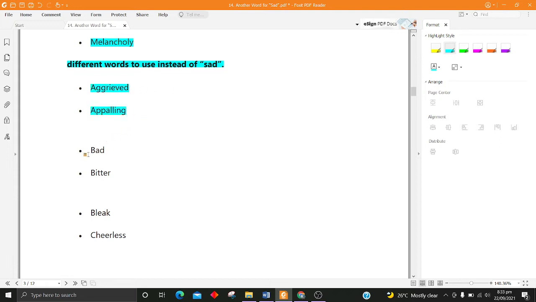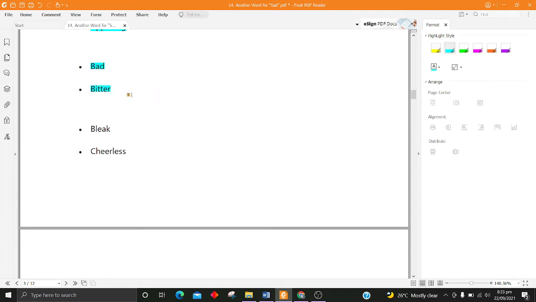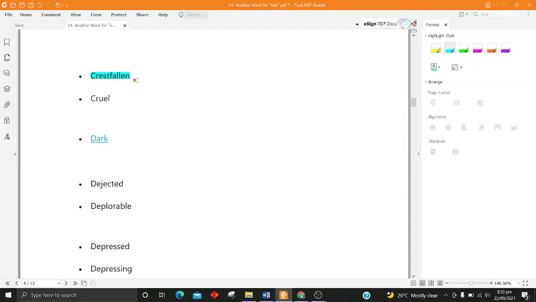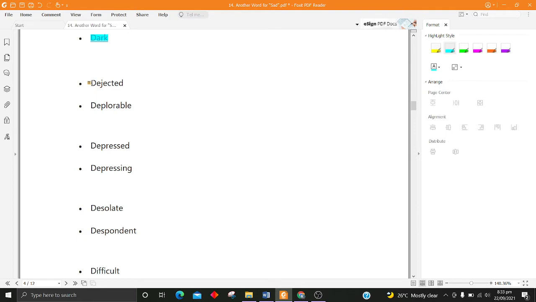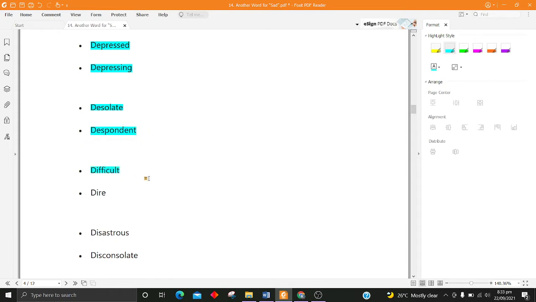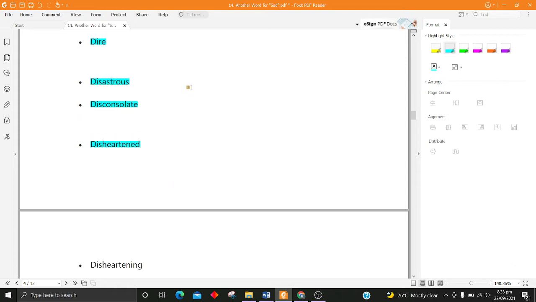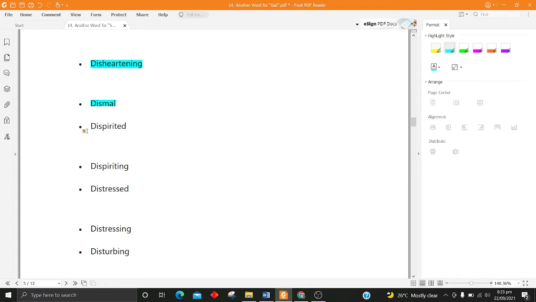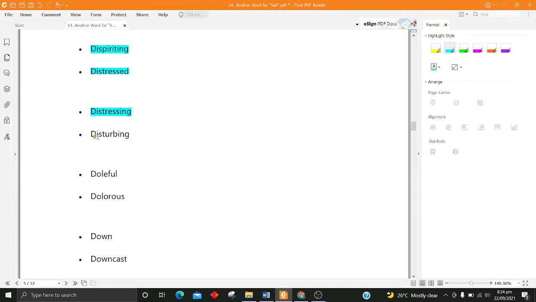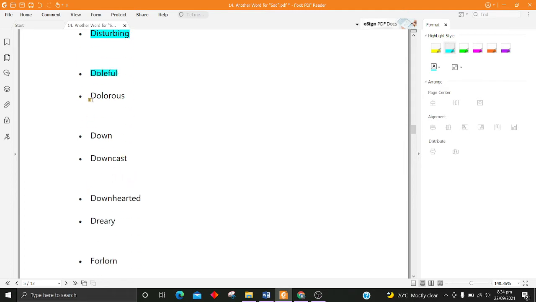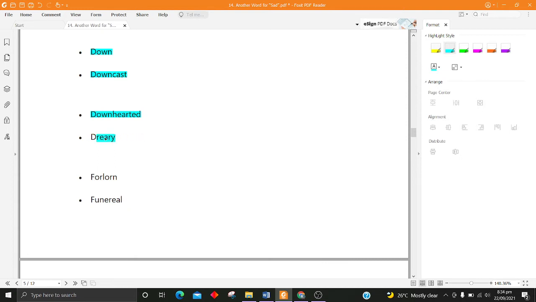Different words to use instead of sad: aggrieved, appalling, bad, bitter, bleak, cheerless, crestfallen, cruel, dark, dejected, deplorable, depressed, depressing, desolate, despondent, difficult, dire, disastrous, disconsolate, disheartened, disheartening, dismal, dispirited, dispiriting, distressed, distressing, disturbing, doleful, dolorous, down, downcast, downhearted, dreary, forlorn,